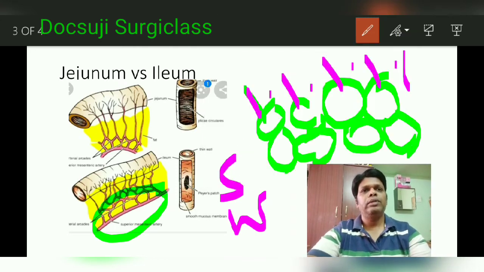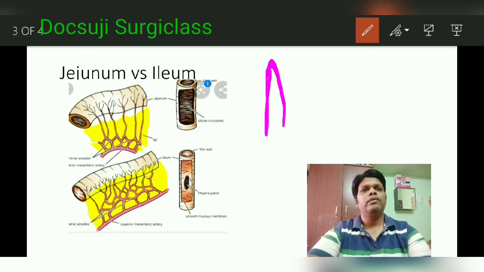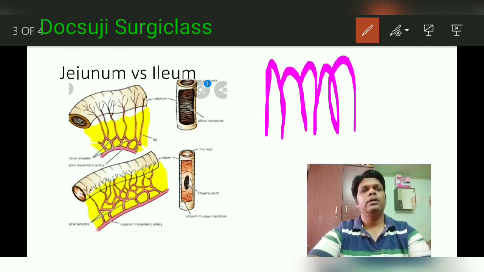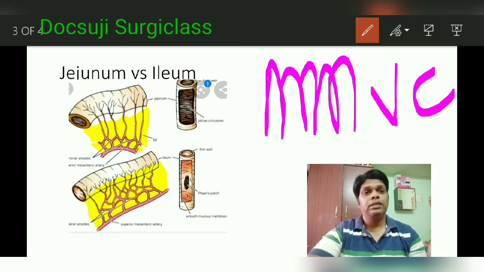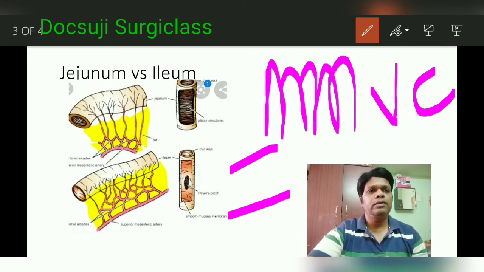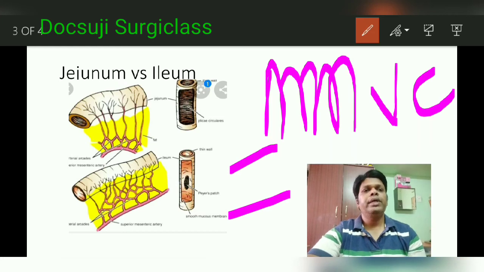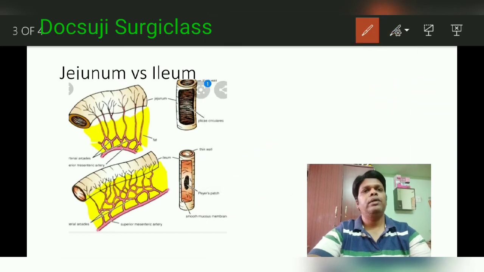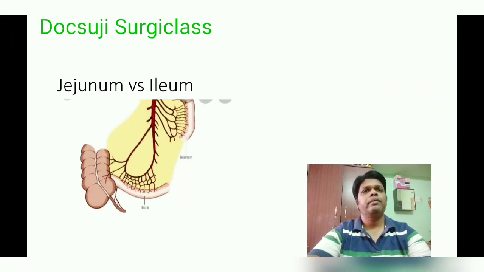There are other identifications, anatomical identification: if you cut open, the jejunum is characterized by the presence of mucosal folds called valvulae conniventes. The same thing you can see on X-ray or imaging, such as a barium series. Whereas the ileum is characterless. You don't have many mucosal folds, only Peyer's lymphatic patches. So with that discussion, we'll go back to the first slide.